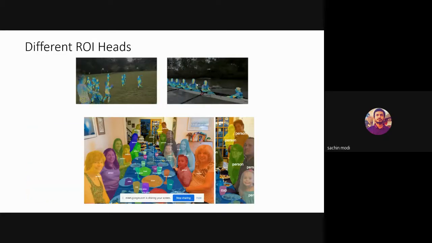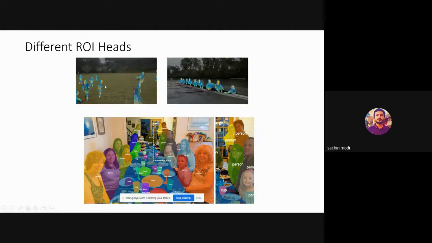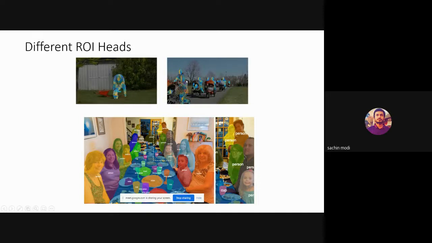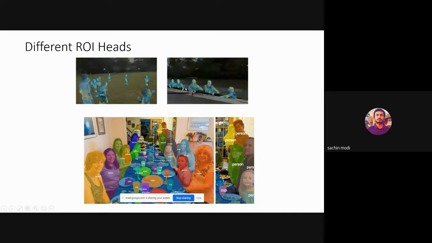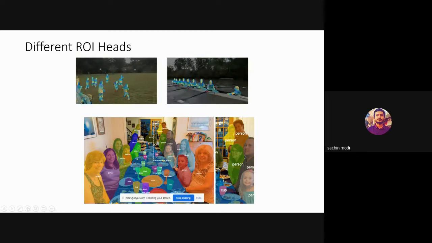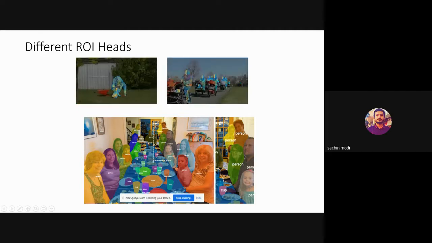For example, this is called DensePose, which first detects a person, then draws a sort of grid structure over it. Then this is semantic segmentation plus instance segmentation.